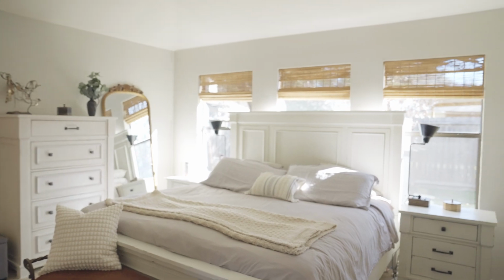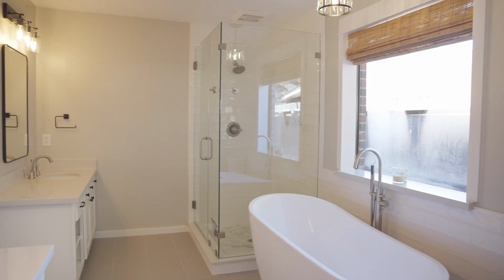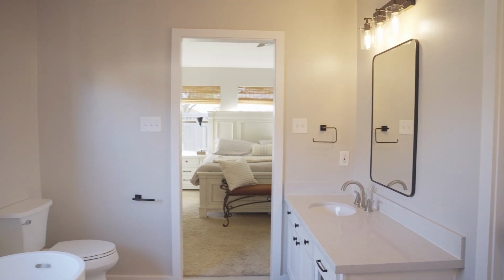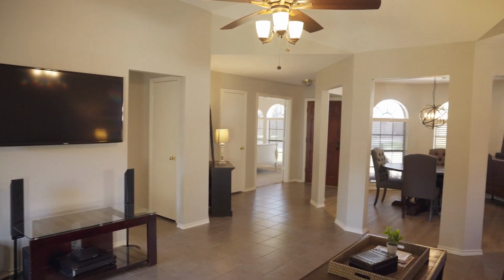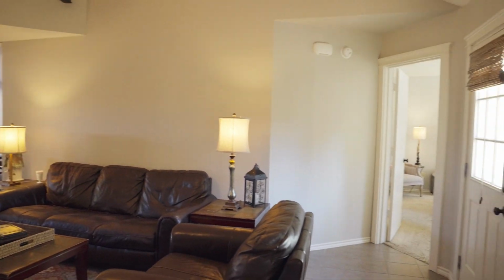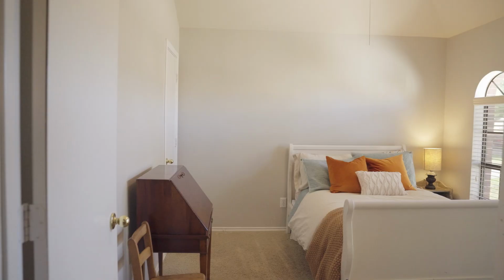You've got a huge primary bedroom with a ton of light and high ceilings. Your primary bath is completely updated with a huge soaking tub, walk-in shower, dual sinks, and a walk-in closet. Your 3 secondary bedrooms are generously sized, and then you've got a 2-car garage with a swing driveway giving you